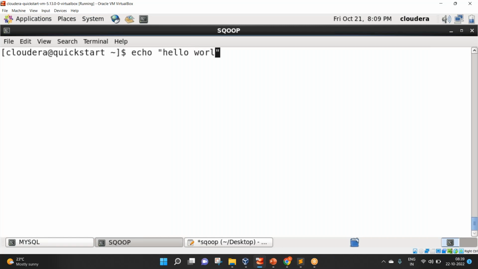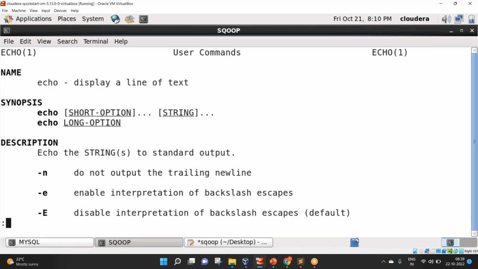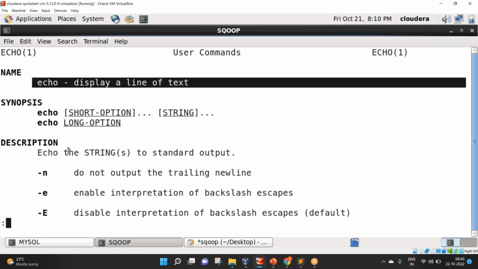If you say echo and then anything in the double quotes, that will be printed. Echo hello world, the same is being printed. If you say echo Cloudera, that's going to print the same, right? Now this echo command supports an interesting option. To see the manual pages of echo, say man space echo. Enter. So here you can see that echo is used to display a line of text, and there is an